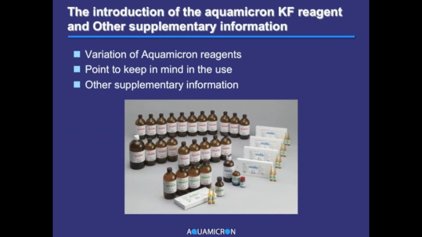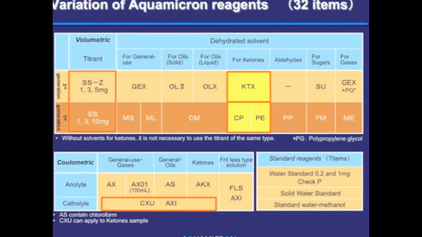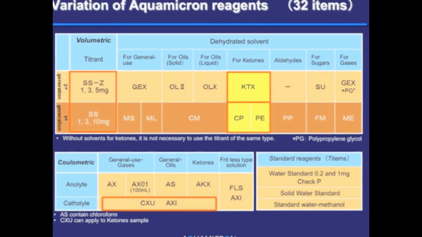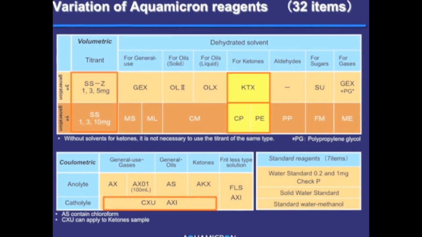I will now explain, in the following 8 slides, the details of our AQUAMICRON Karl-Fischer reagent products and some supplementary information, some notes about their practical use, for example. We provide 32 grades of AQUAMICRON Karl-Fischer reagents, which are classified into 4 categories and tabulated in this slide. Regarding volumetric titration, there are 2 grades of titrants, SS and SSZ, and more than 10 grades of dehydrating solvents